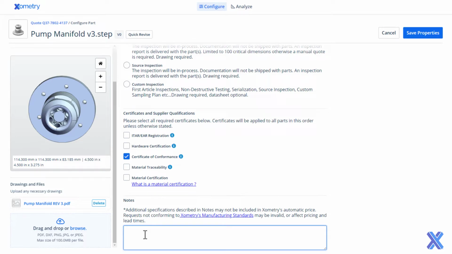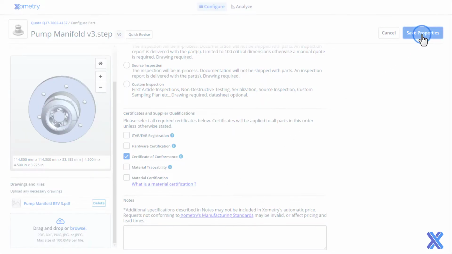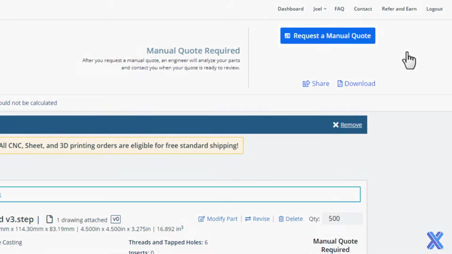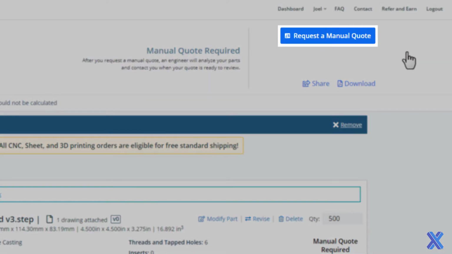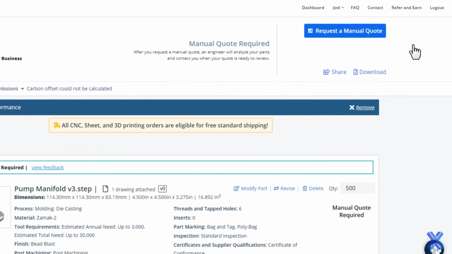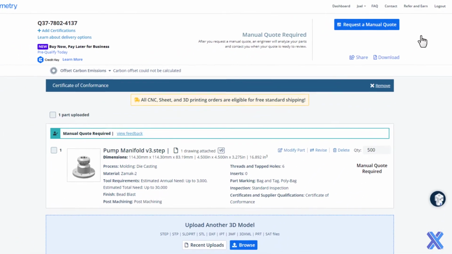Once you're done configuring a part, click the Save Properties button in the upper right to save the changes and return to the quote summary screen. Once you have finished configuring all parts on the quote, click the Request a Manual Quote button in the upper right. Your request will be immediately sent off to our dedicated team of project managers and engineers who will begin